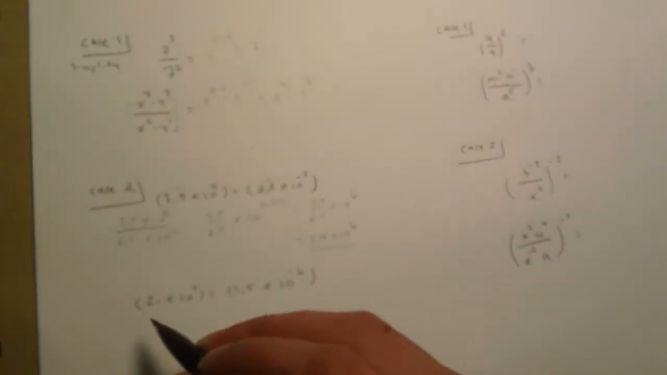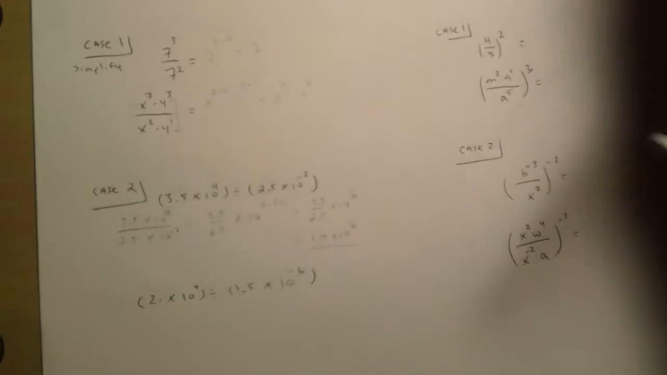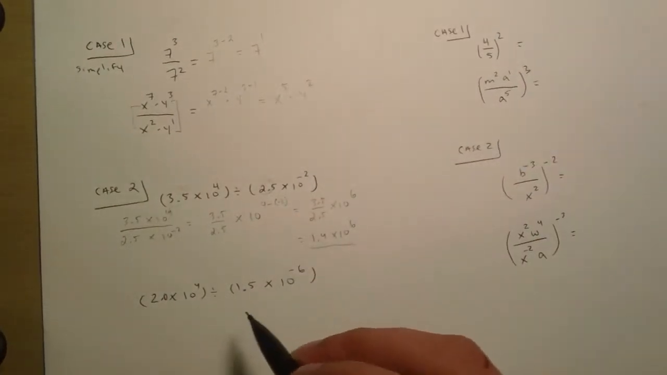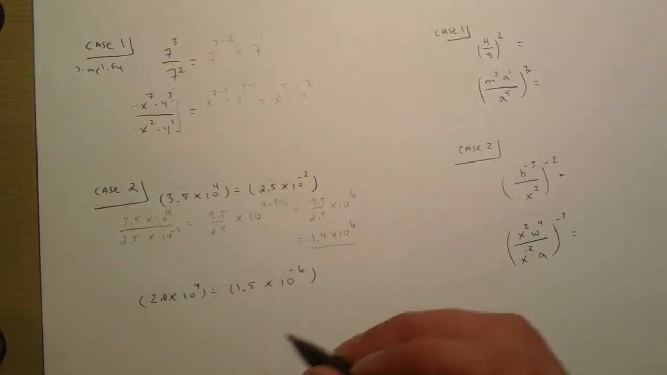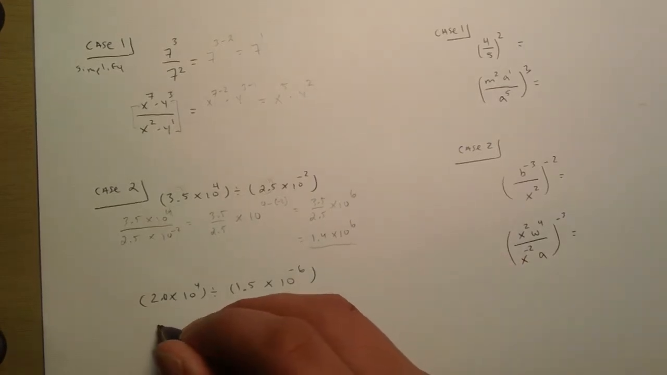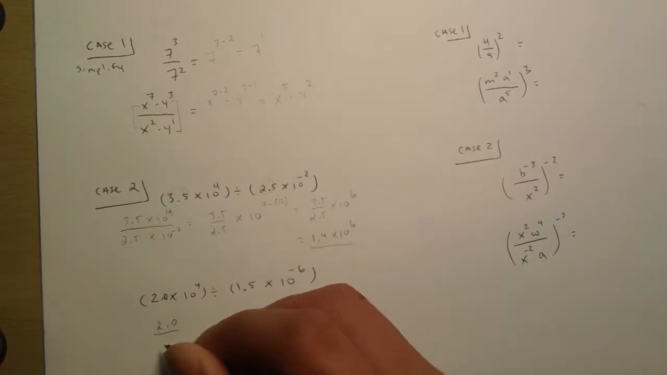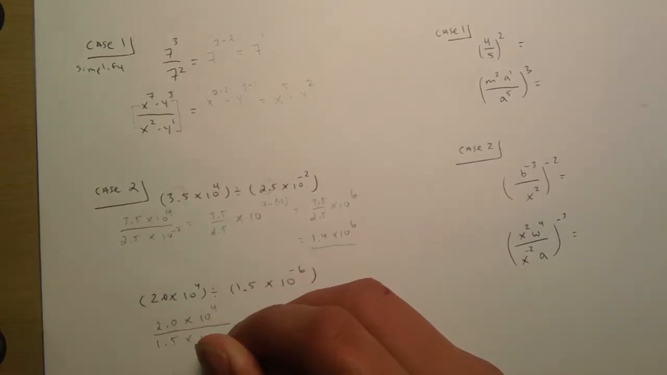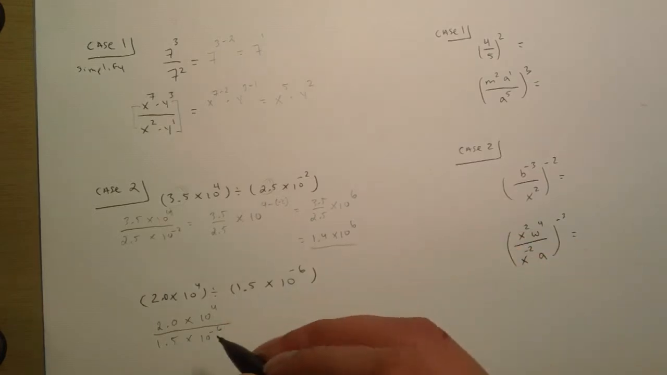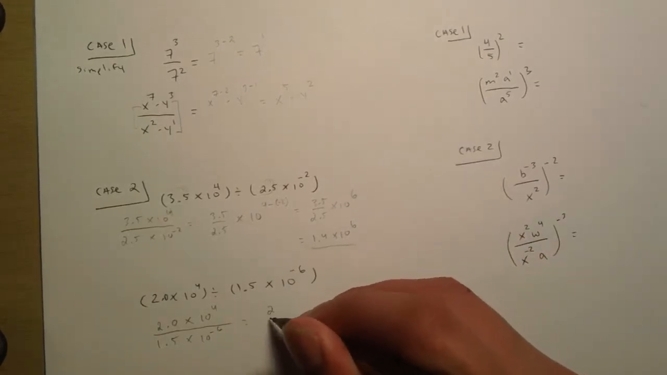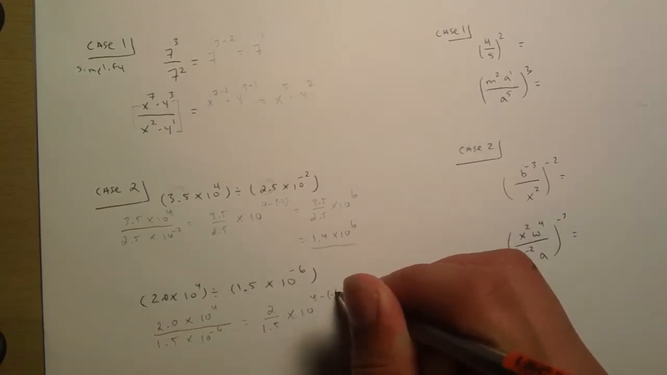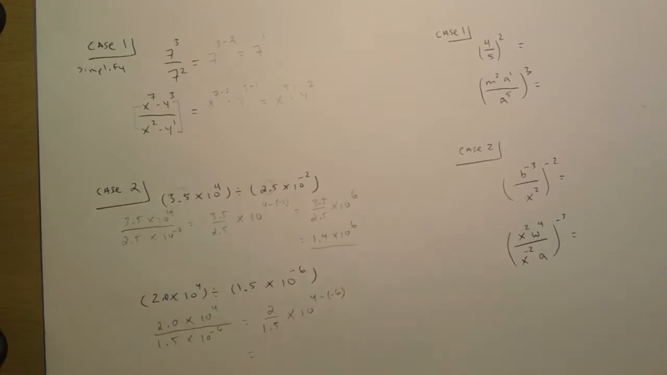Let's try another one. So we have 2.0, I'll just add a 0 in there, 2.0 times 10 to the power of 4 divided by 1.5 times 10 to the power of negative 6. So we have 2.0 divided by 1.5 times 10 to the power of 4 times 10 to the power of negative 6. And right here we have 2 divided by 1.5 times 10 to the 4 minus negative 6, which would equal,